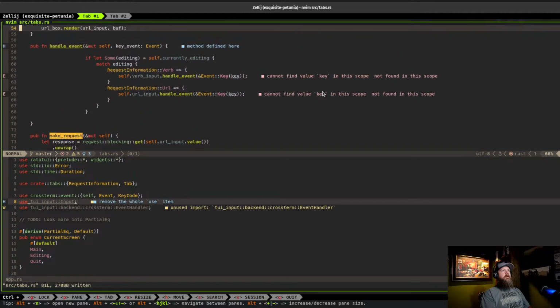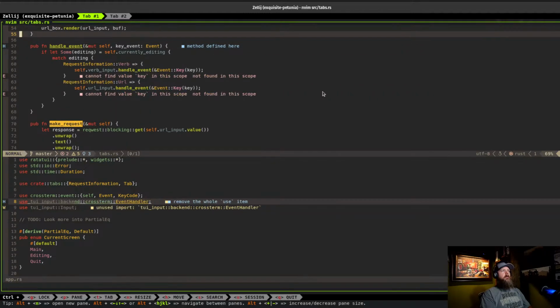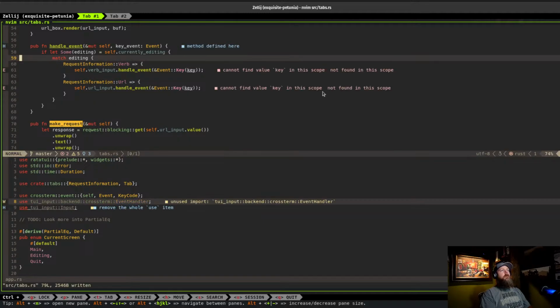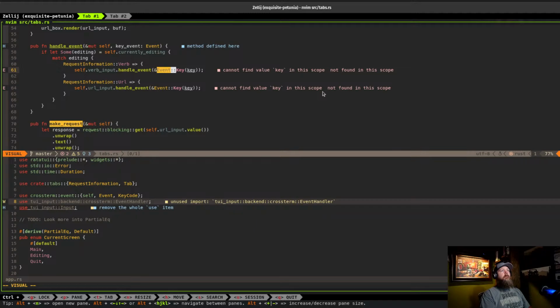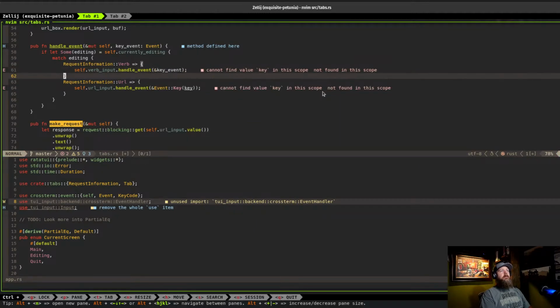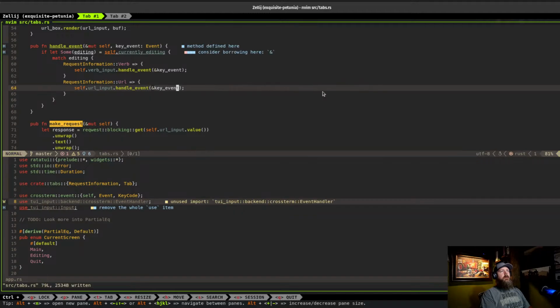And then T. All right, so we have handle event. So this should pass it down through to do the thing. But in this case, we want to do key event. Key event. This is where